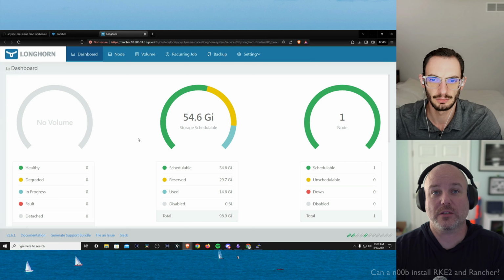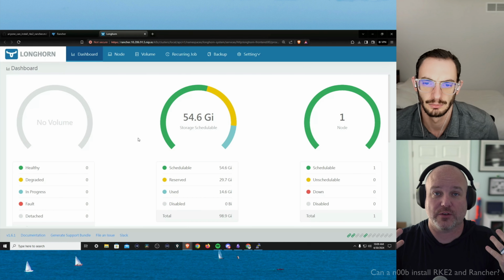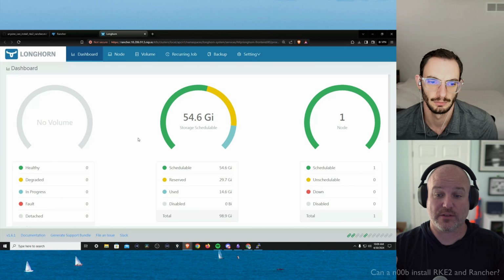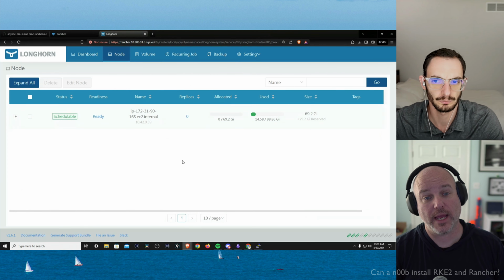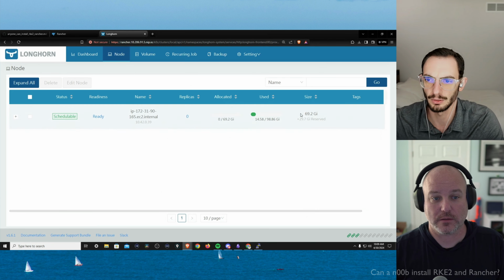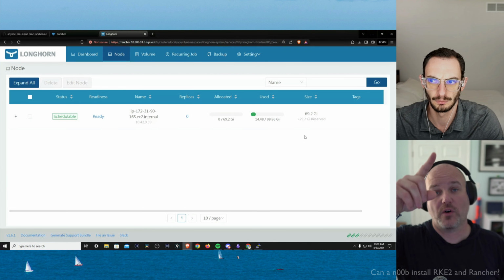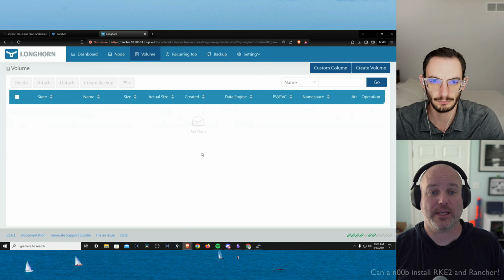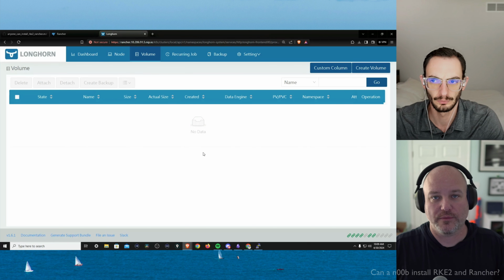Longhorn uses all available storage on the node to present storage to the applications. So the nice thing is if you've got 3 nodes, 50 nodes, it'll aggregate all of that storage. So if you click on the node tab at the top, you can see we have our one node and it's got a ton of free, but there's an amount of reserve space. So Longhorn is very cognizant about what it uses and what it doesn't use. If you click on volume at the top, we don't have a current application using a volume, but this is provided to all of the applications underlying.